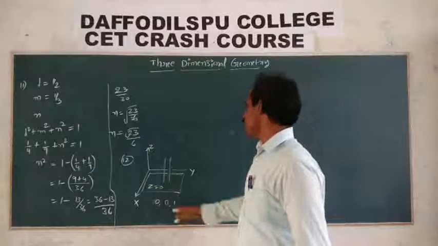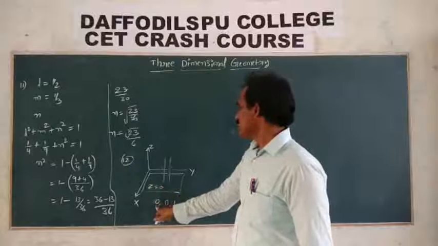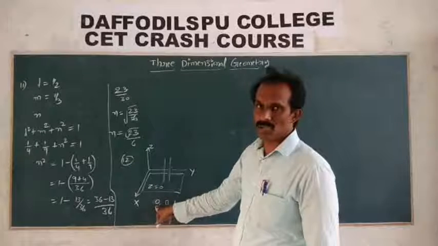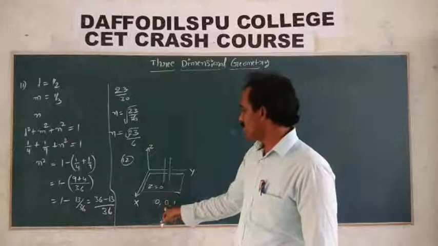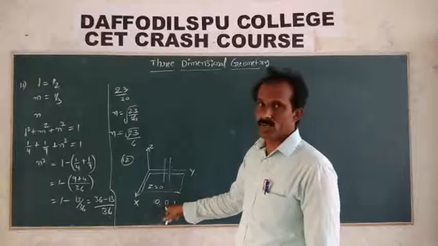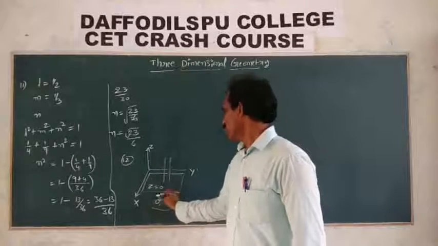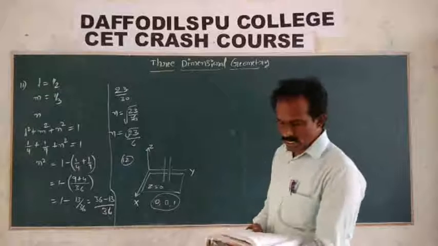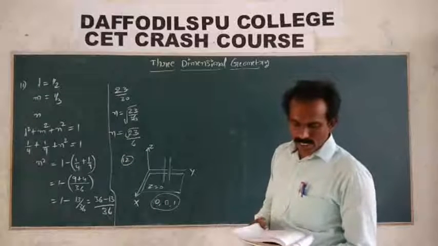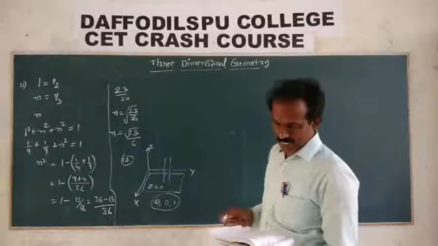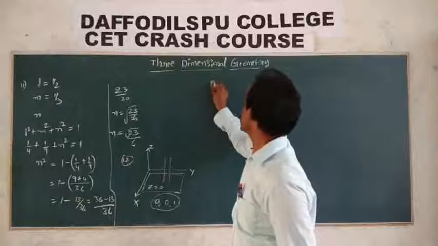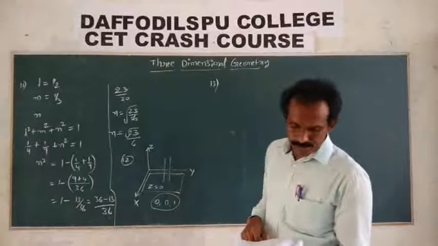Therefore, with the x-axis 90 degrees, cos 90 is 0, that is cos alpha. With the y-axis 90 degrees, cos 90 is equal to 0, and parallel, cos 0 is equal to 1. So (0, 0, 1) is the correct answer, so the fourth option is correct. Right. Question 13.